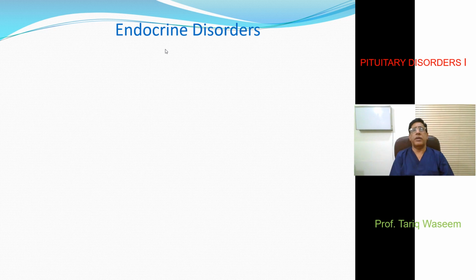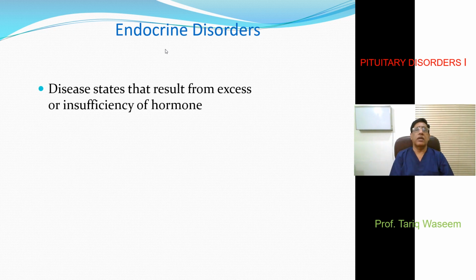First we may talk about what endocrine disorders are. Endocrine disorders are disease states which result from either an excess or insufficiency of a hormone. And the definition of a hormone is that it is produced by a gland, and its secretions are poured into the blood circulation, and the blood circulation then takes it to various body parts or organs where this hormone has its effect, either increasing the function of that gland, or decreasing or reducing the function of that gland.